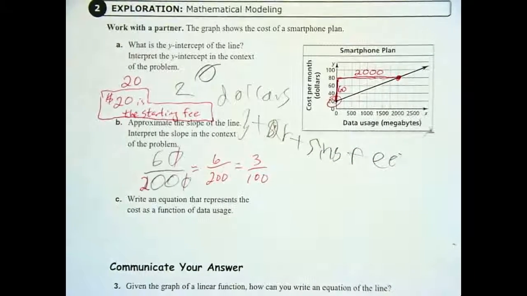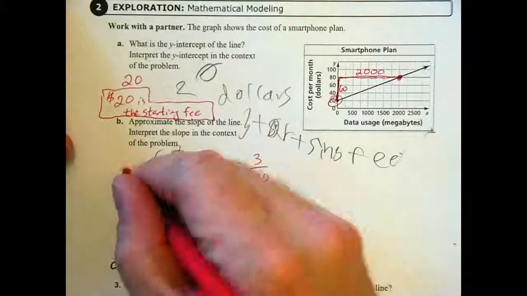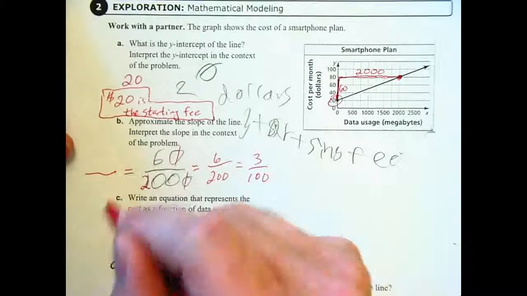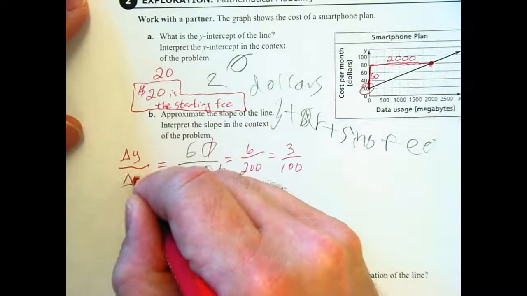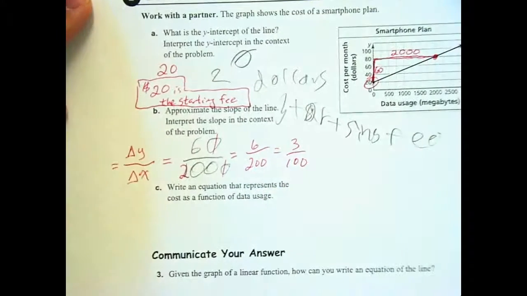So in context of the problem, interpreting slopes should be easy if you can identify what y is measuring and what x is measuring. Remember, slope is just change in y over change in x. Our y value is measuring